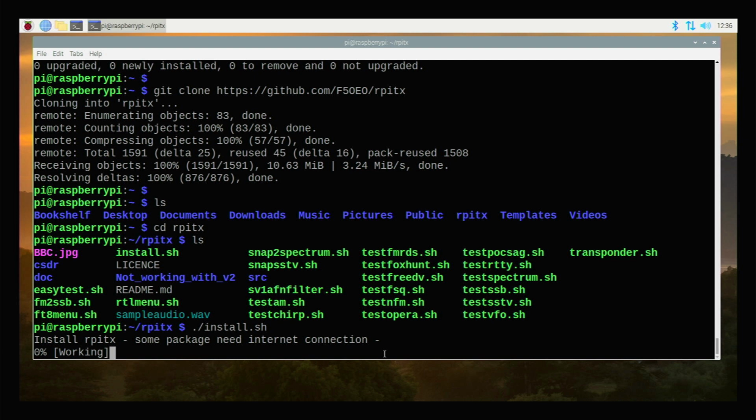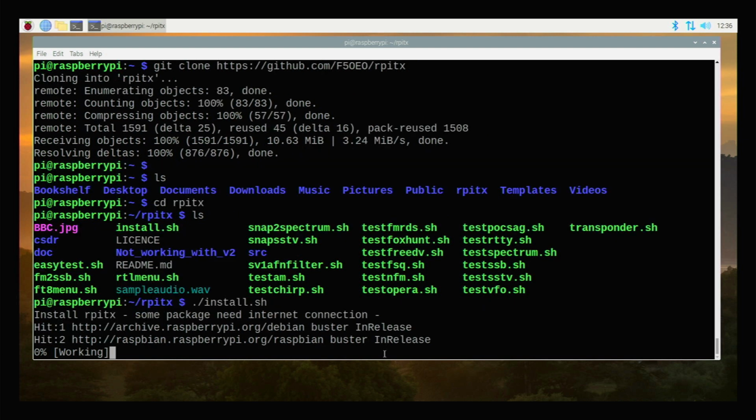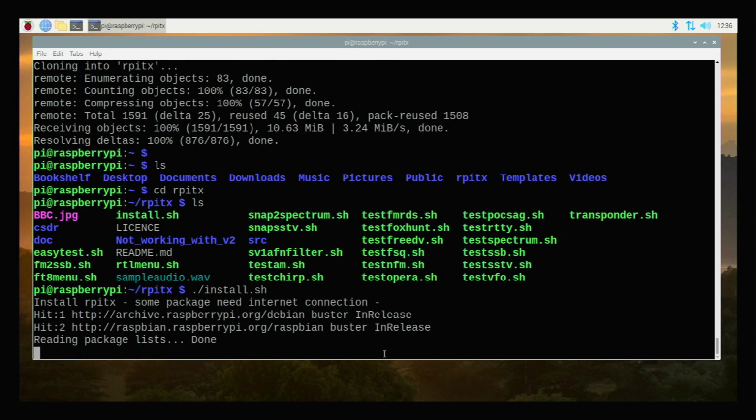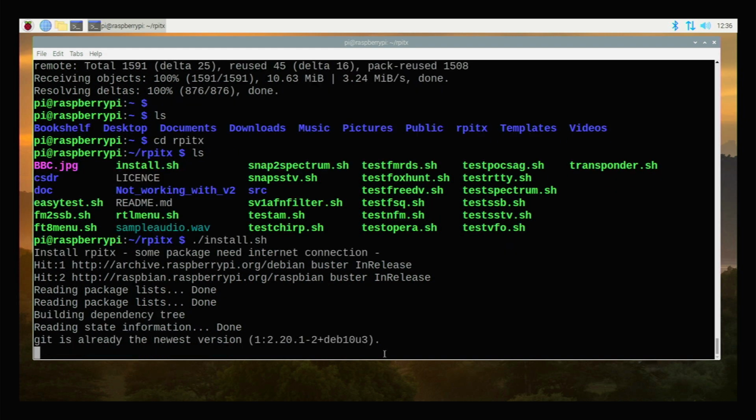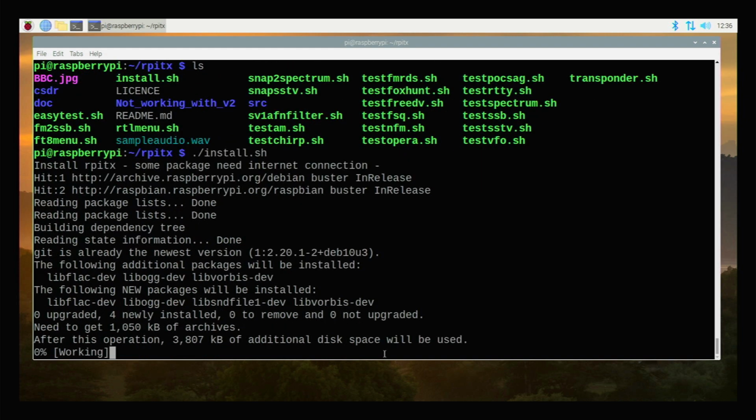Now it tries to pull some packages from the internet, so we need to wait. It probably needs some other packages to make a compilation. So you need to be patient. It will take some time and then it will try to compile the source code.